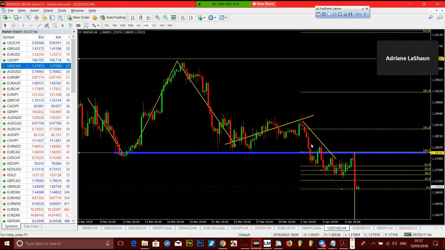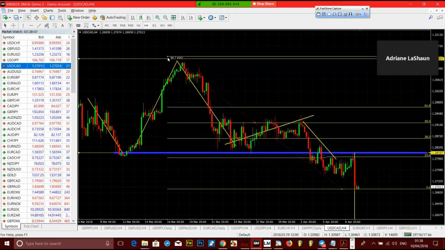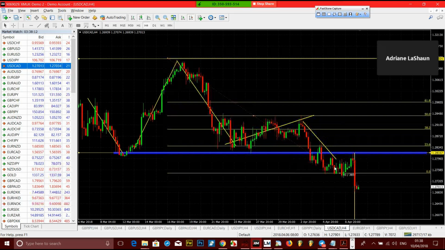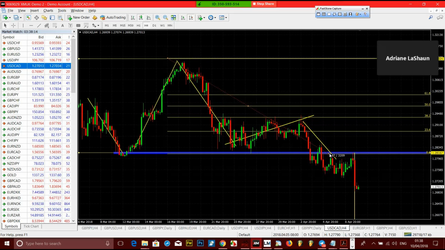Yes, pull it to where the pullback is happening. Because you don't know where the pullback is going to stop, just take it to where the price stopped and started moving back, because that will be your B. This is our B now. Why? Because price came here, it stopped here and started having some reaction. So this automatically is our B. So our first move from here is going to stop exactly here. Our 0 is going to be at this point.